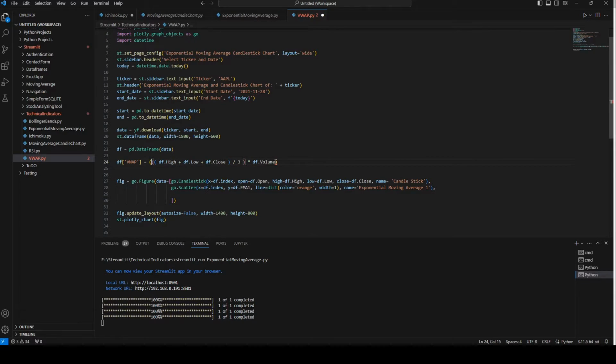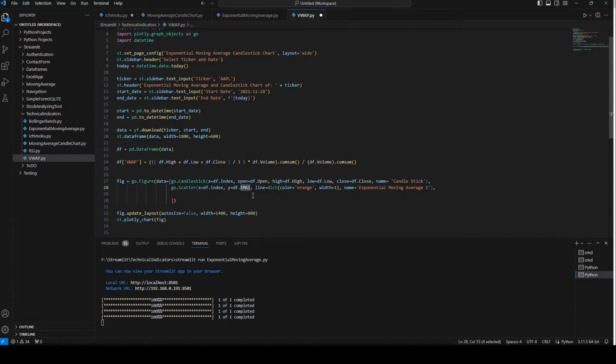We need to take the cumulative sum of this, so we're going to say cumsum, and this we need to divide again by the cumulative sum of the volume. So divide it by df dot volume and cumulative sum. And that's it. That's how we can do a volume weighted average price,